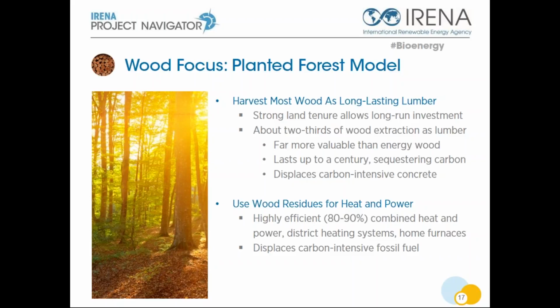And meanwhile, they continue to sequester the carbon in the wood they contain. And meanwhile, new trees are planted to store additional carbon, and only the complementary fellings or residues are used for energy. And these residues are burned in highly efficient combined heat and power plants, district heating systems, and home furnaces, where they displace carbon emissions from less efficient systems fueled by natural gas and coal, or even by oil. So this is a story of how wood use can be very sustainable, and this has been successfully shown in